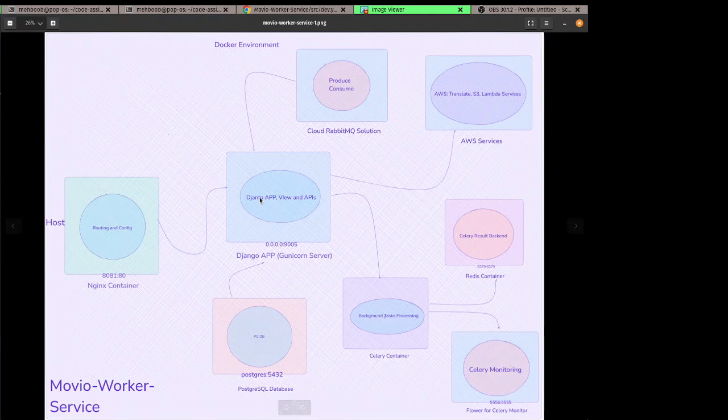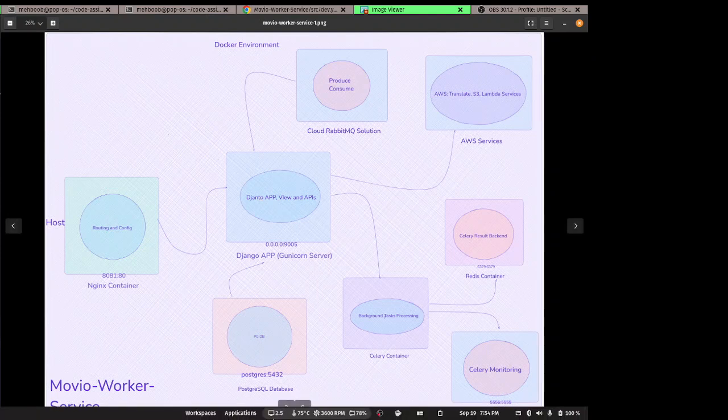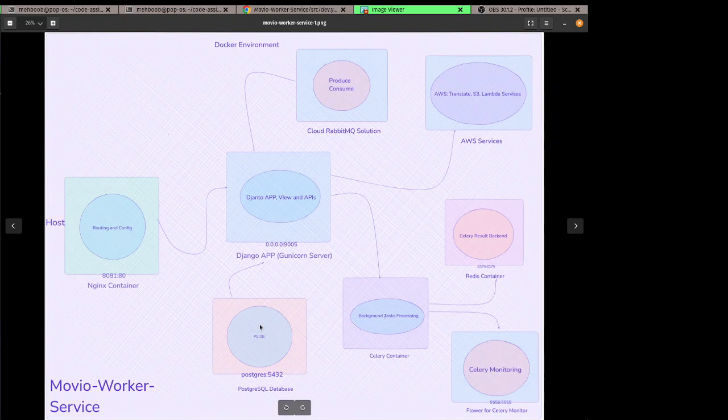But here, if I describe the worker service, it will take too much time because a lot of things are happening in the worker service. But to tell you all the important things: once the API, which is also in the Django app, creates two separate processes, one for the Django app itself and another for the management command. The management command is listening to this cloud RabbitMQ instance, and whenever an event is created,